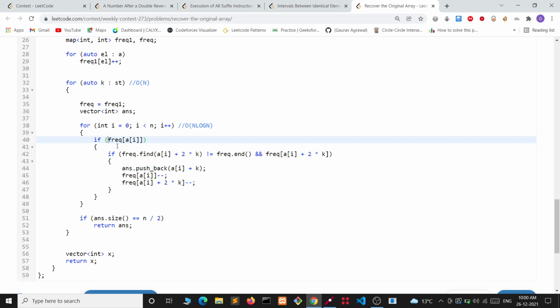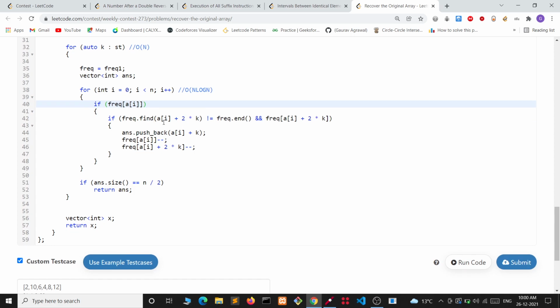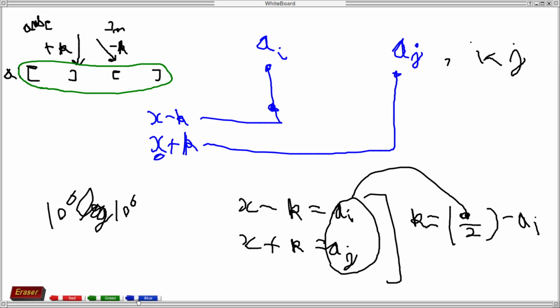We can directly just check if frequency of AI is not equal to 0, then we check frequency of AI plus 2k. Let's say this is AI, then what will be AJ? AJ will obviously be X plus 2k because they have a difference of 2k.